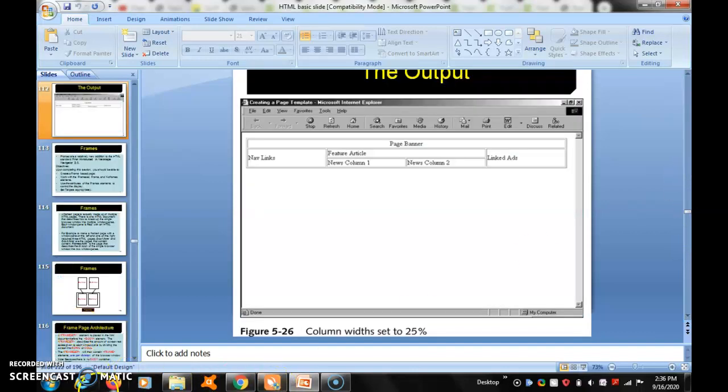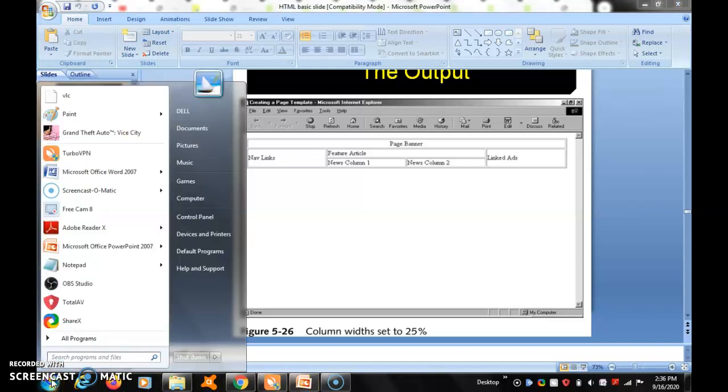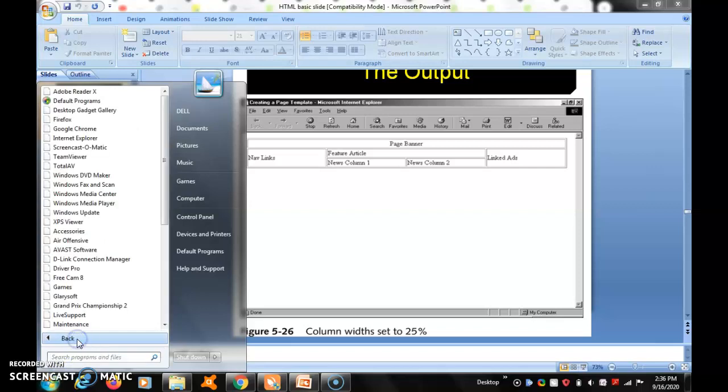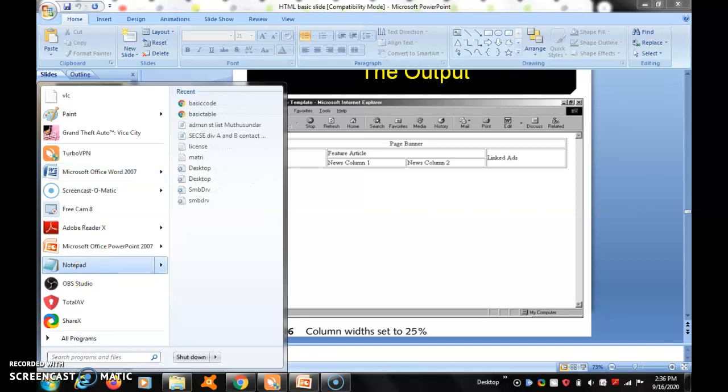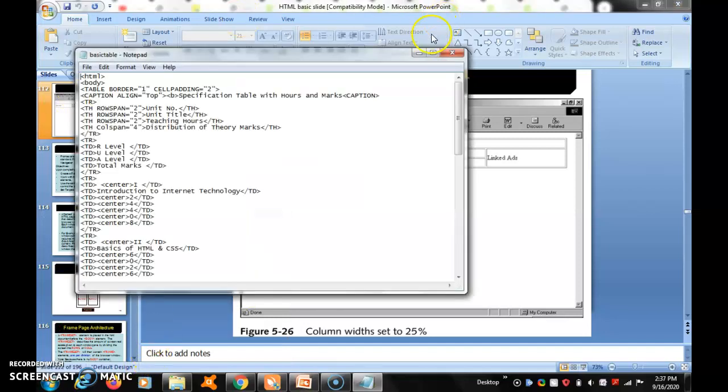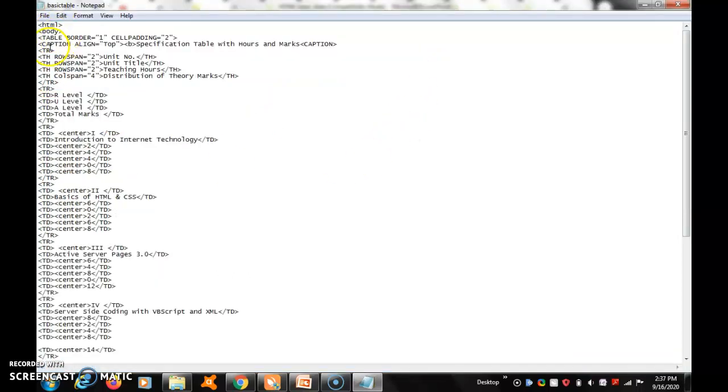I want to show the exercise in Notepad. So here is how to select Notepad now. Here, all programs, every time I'm telling, all programs, then accessories, you have to select accessories. Windows 7 and 8 both, you select like that only. If frequently used, on that window selection page itself you will get the Notepad. So here the basic code is there, the basic table is there. So I want to select the basic table. So this basic table now, it is the Notepad exercise.